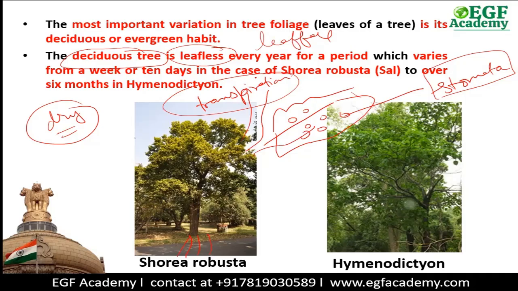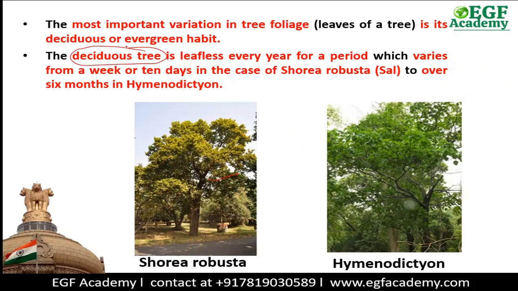And at that time, if water is lost from the leaves of the trees, then the plant will shed its leaves. This is known as the leaf fall. And such type of trees are known as deciduous trees. So such type of trees which undergo leaf fall, they are known as deciduous trees. These trees are found in the type of climate where in some month of the year there is dry condition. There will be the water shortage in those months.